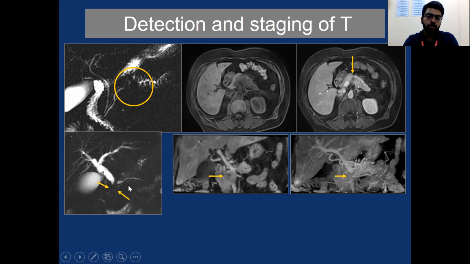This is the coronal section of MRCP, showing abnormally dilated common bile duct and intrahepatic biliary radical dilatation. We see a filling defect. We are not able to appreciate the confluence of the main pancreatic duct and the common bile duct. There is a tumor lying at the head of the pancreas, which is causing obstruction to the common bile duct and main pancreatic duct flow. So on contrast enhanced coronal imaging, we can very well appreciate how there is a tumor causing obstruction to the common bile duct and at the ampulla of Vater.